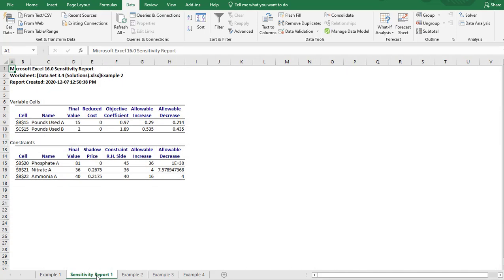Looking at the information in the sensitivity report, up here we are also given, once again, our optimal solution to use 15 pounds of fertilizer A and 2 pounds of fertilizer B. But what we can also take note of is the initial values for our two objective function coefficients, 0.97 for A and 1.89 for B, along with the maximum allowable decrease and increase. So to find the range of optimality,